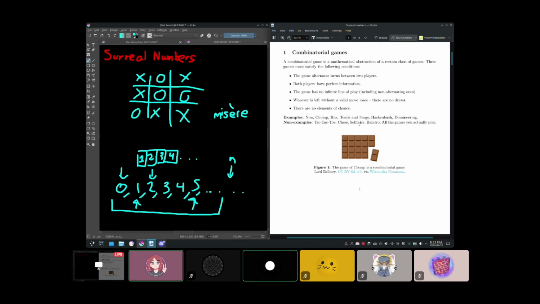And so maybe I'm missing something here, but I think hex should not be an example, right? Because in hex, the win condition is not the same as the fourth bullet. Because in hex you have to connect the two sides. That's the win condition. It doesn't matter who goes last, because the player who goes last is always determined by the parity of the board. Yeah, that's a good point.